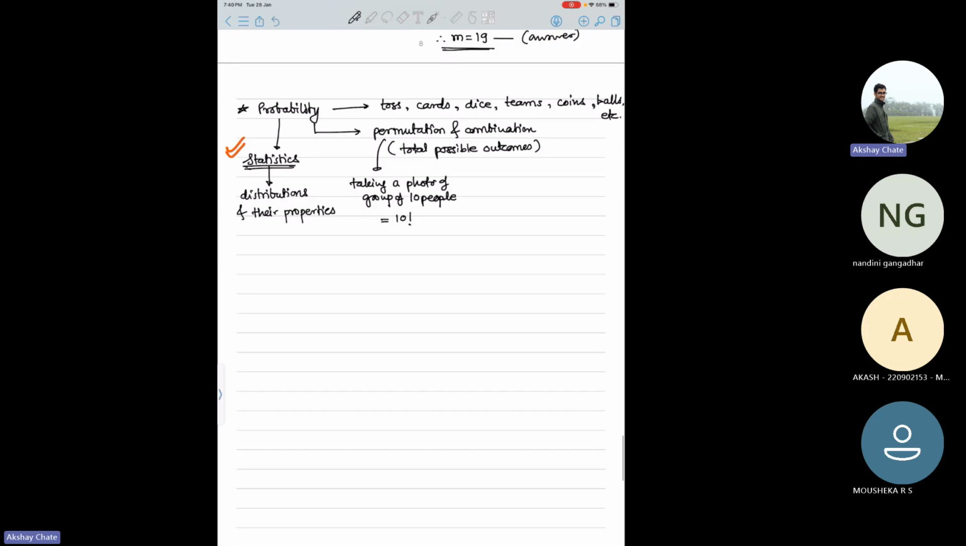So let's take one problem just for the sake of completeness. And this probability, then there are advanced concepts like Bayes theorem, conditional probability, all those things are there. If required, we will study them later on, but today we don't have time also. So let's take this sample problem where you have